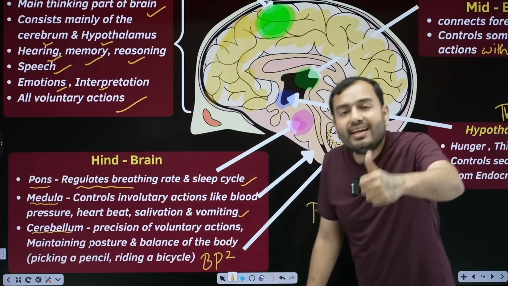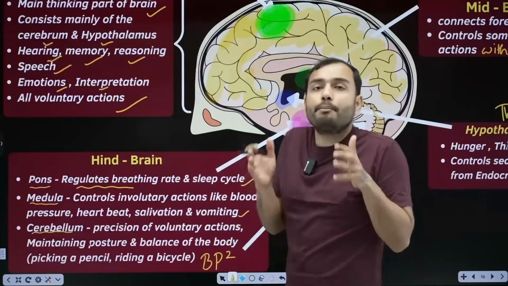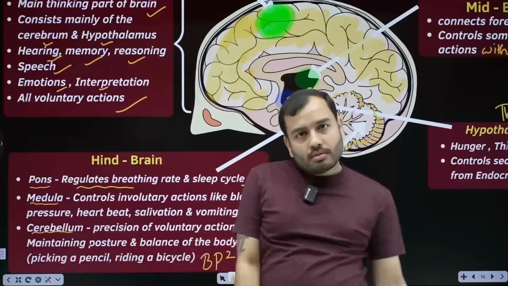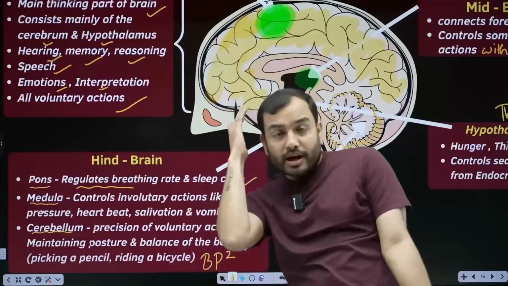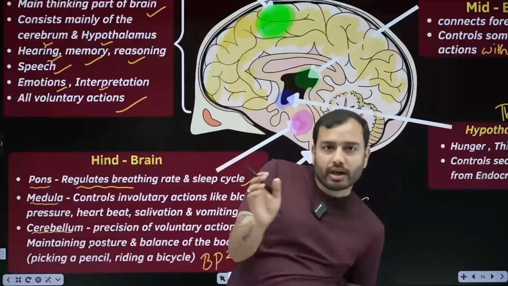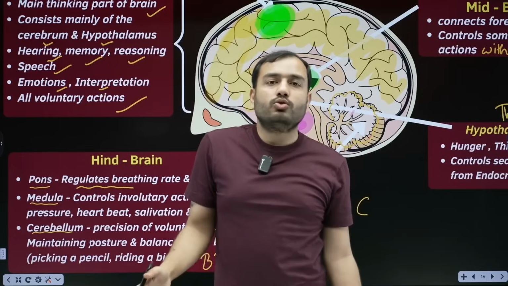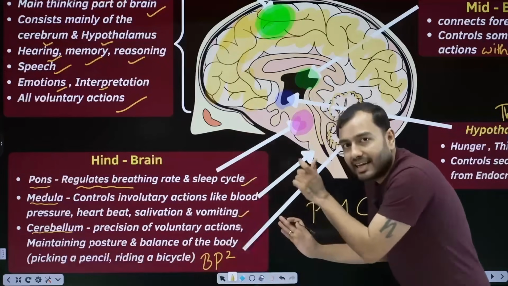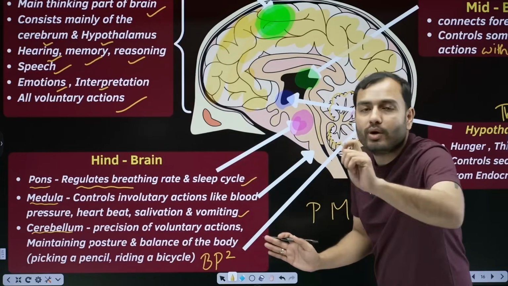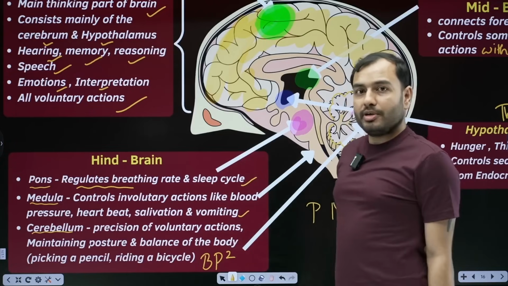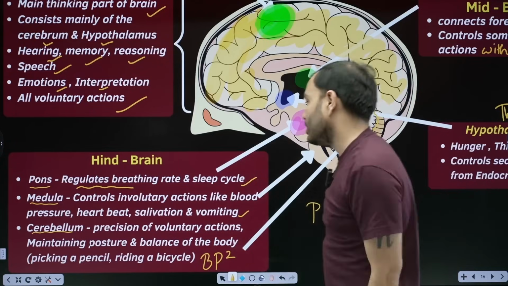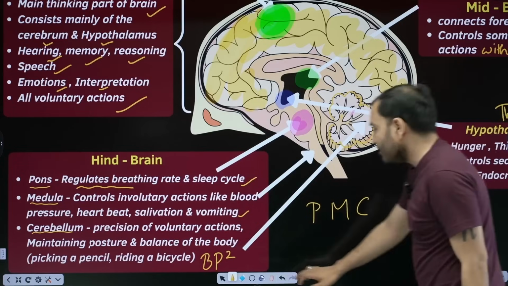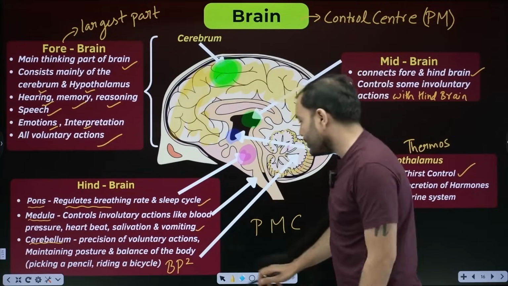Okay. One is balance. One is precision. One is to maintain posture. We are walking, but we could walk crookedly too. Who made the decision to walk? The forebrain did, the cerebrum. Now what will the cerebellum do? It will bring you into a straight posture. So BP square: the bell in cerebellum reminds you of balance. BP square: maintaining balance, maintaining posture, and working with precision. Riding a bicycle, picking a pencil, etc. So beta, these all are the functions of different parts of your brain.